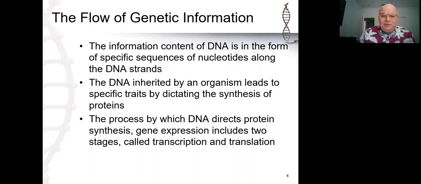So there is a modification of this process. We do know that we can go from RNA back to DNA, but the general flow of information is still considered to be DNA to RNA to protein. And this is essentially universal in every cell. And certainly at the cellular level, this is the flow of information. So the processes of transcription and translation still apply as first outlined, not so much by Crick, but by people who followed on as they tried to figure out the nature of the flow of information from DNA to RNA to protein.